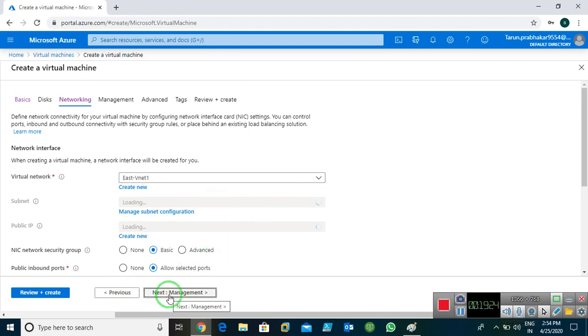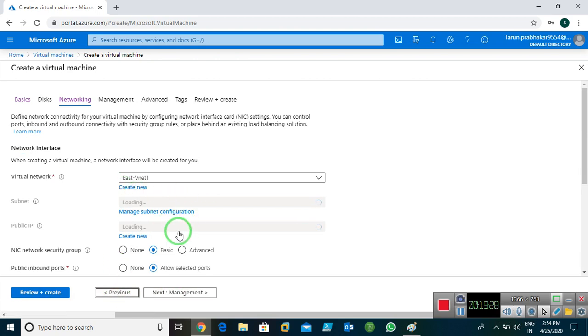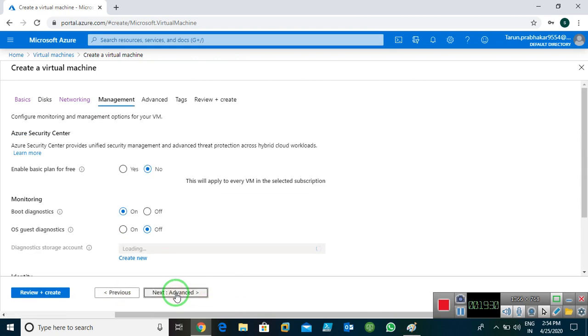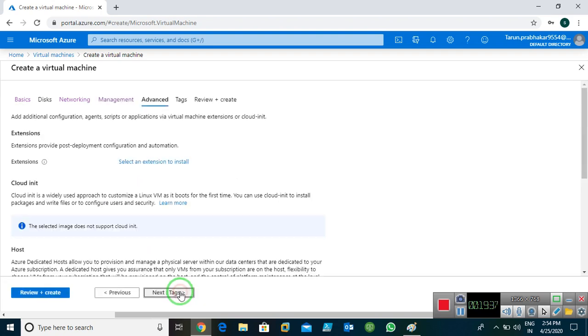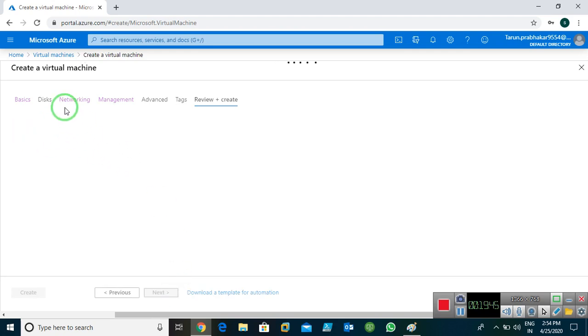Click on next now. Click on manage. I hope it's loaded. Okay, it's loading, nothing to worry about. Click on next now. Management. I don't want anything in manage. I turn off monitoring. I don't want any monitoring tools over there. Click on next. Click on next. Need to give the tag name. So over there it is Windows. Click on next. Now it's checking, initializing.